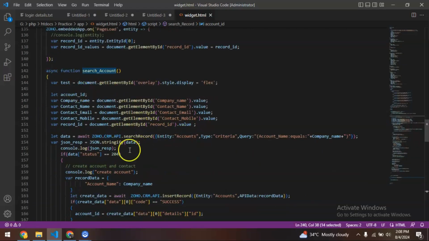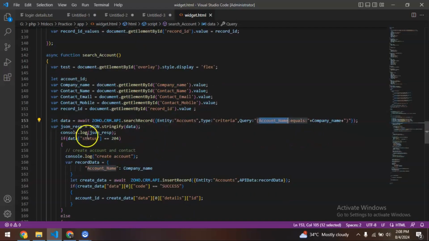If I show you the script here, I'm using await, then I use the CRM API search method to search the record in the account module. As you can see here, I'm using the company name and comparing it with the account name. Then after getting the result,